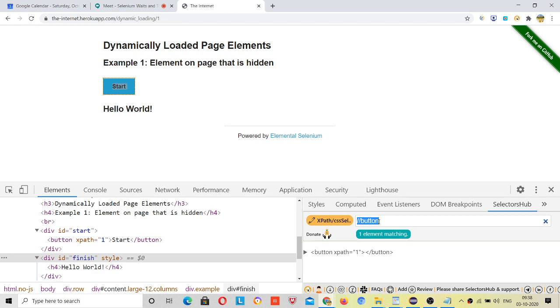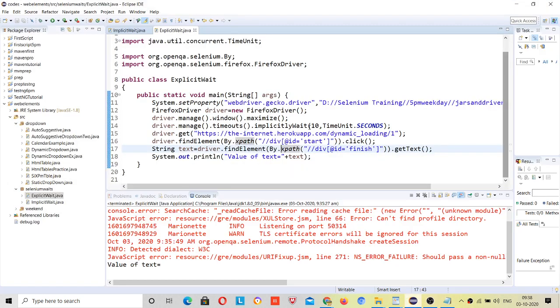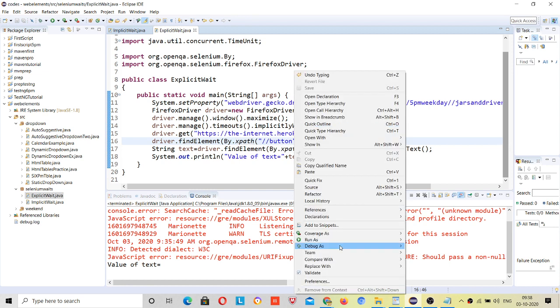Okay, so you can see that previously it has not clicked on that, so now it will click if I use this path. Okay, now run it.